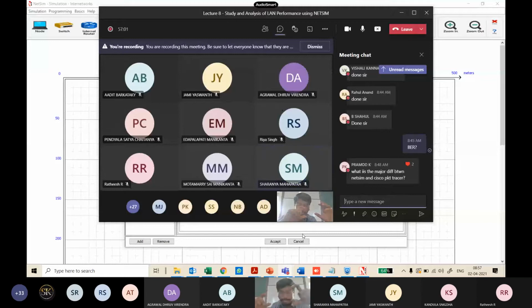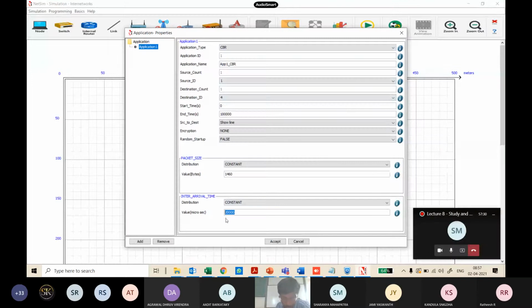So the payload, the data that you have, you know that it is passing layer wise. The application layer is generating a payload, right? And every layer keeps adding its header. So the idea that NetSim has followed is, at the end, from the physical layer, you look at all the headers that are added. Now it brings you closer to 1500 bytes because every layer has a header added to that. So that was the idea. So let's not change that packet size, but instead we will play with the intra-arrival time value. So what is the current intra-arrival time that is there?